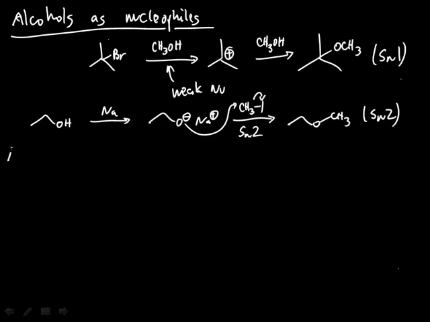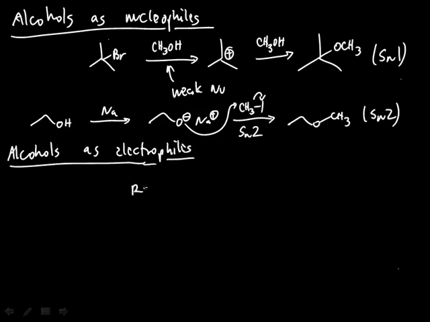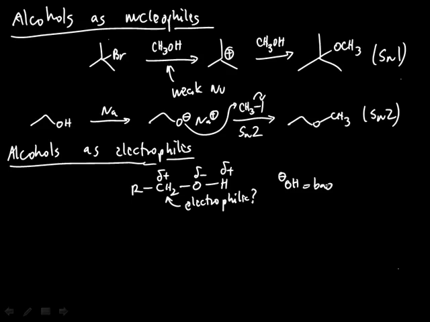But the question is, can alcohols be electrophilic? And one could really think about it in terms of charges and realize that this is a delta plus carbon and this is a delta minus oxygen, and this hydrogen again is delta plus. But this should be an electrophilic carbon. The problem, however, is that OH minus is a bad leaving group. And even though the carbon right next to it is electrophilic, it has a hard time expressing its electrophilic potential since the leaving group attached to it simply will not leave.